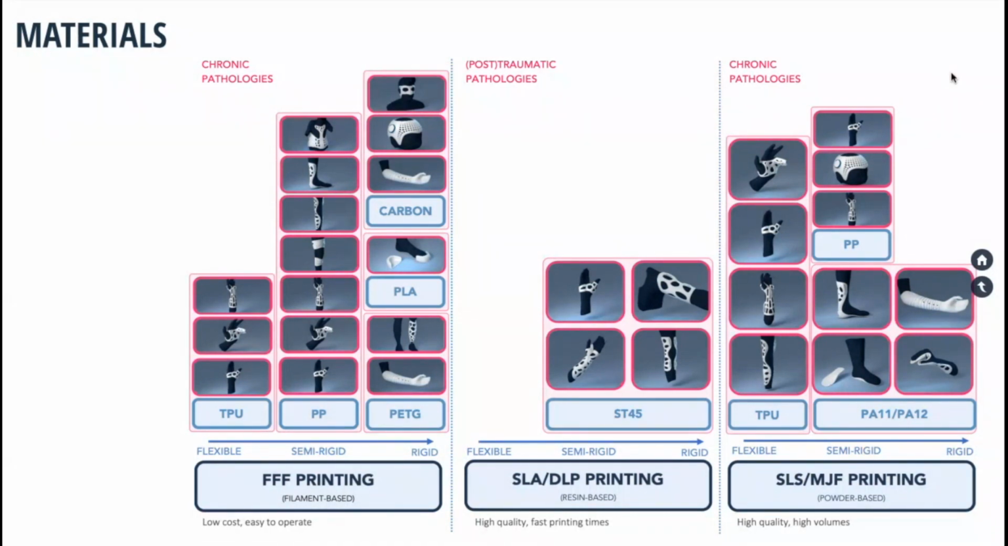terephthalate glycol. This is very difficult to pronounce. PETG, PLA, polylactic acid. Then the carbon one. These are more rigid, more strong. Then it comes to, because if you see that there is